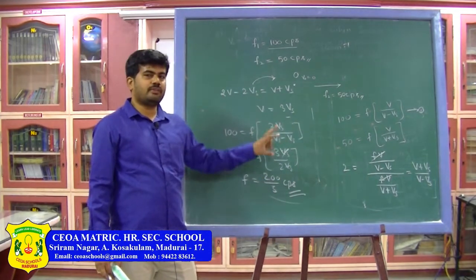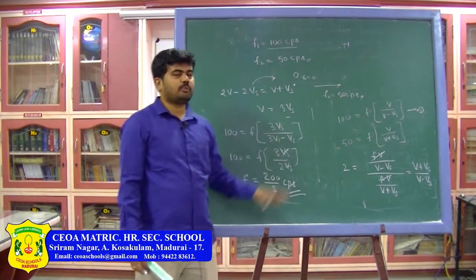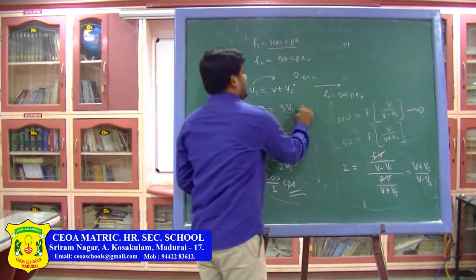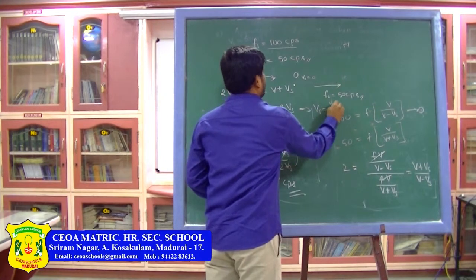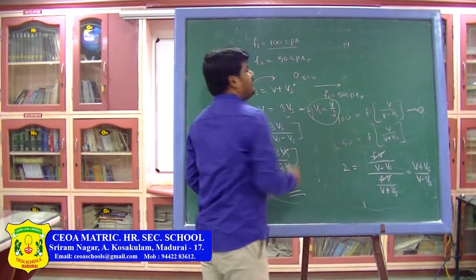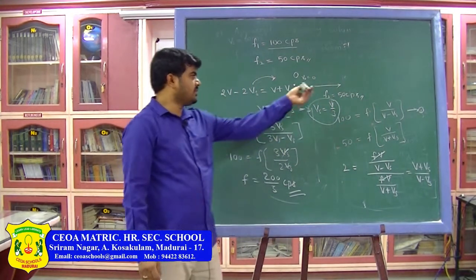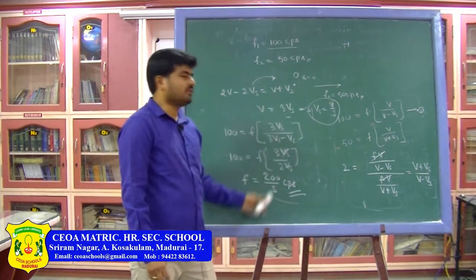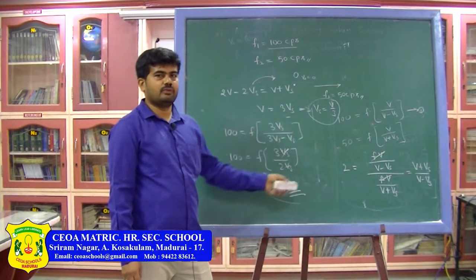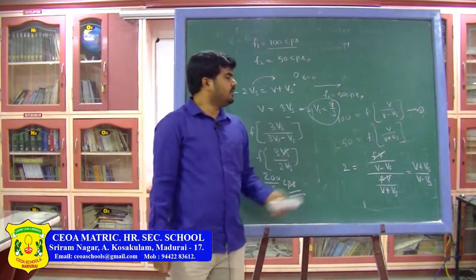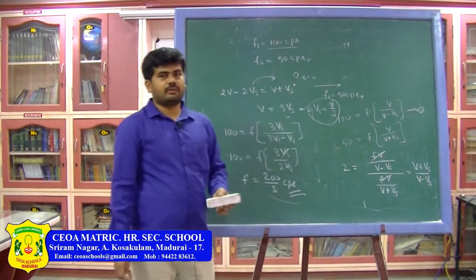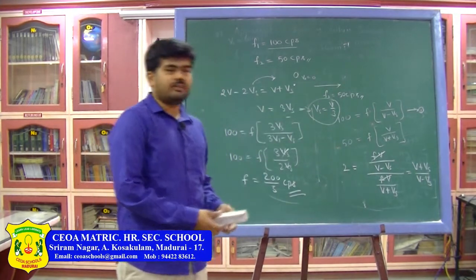So, two questions they can ask in this particular problem. There is the speed of the source, which can be Vs equals V by 3. If the V value is given, say 330 by 3, that will be the speed of the source. Similarly, you can find out the real frequency of the source which is producing the sound. Actually, that is the Doppler effect. Okay, that is it. So, next problem is,